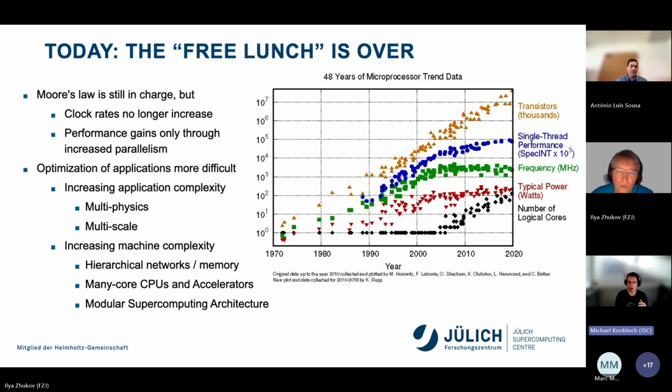We have some FPGAs and what else is out there, right? And one specialty in Jülich, we have this modular supercomputing architecture where we combine a general purpose cluster and a highly scalable booster that can be used together. So making efficient use of these machines is difficult. And if you scale up, typically in your application, a new bottleneck arises whenever you double the scale you're running. Right, so this is something you have to keep in mind.